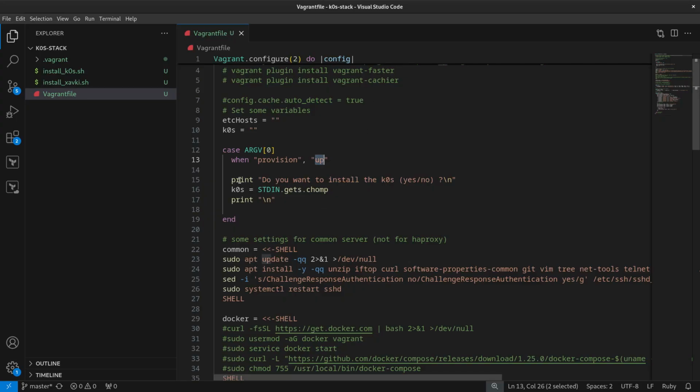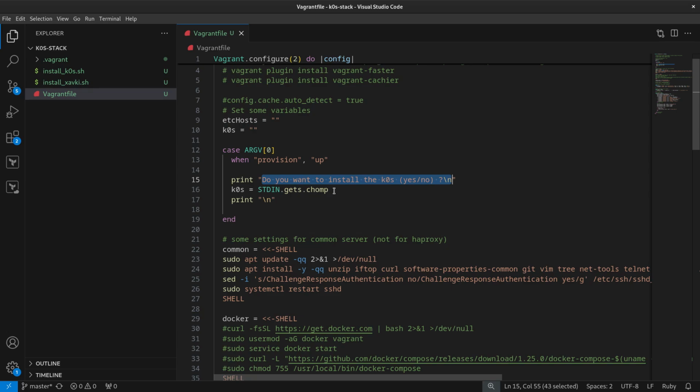Now, I want to prompt to ask something of the user of my script, my Vagrant script, and I ask my user, like we saw previously, do you want to install K0S, yes or no? So this is up to the user to do